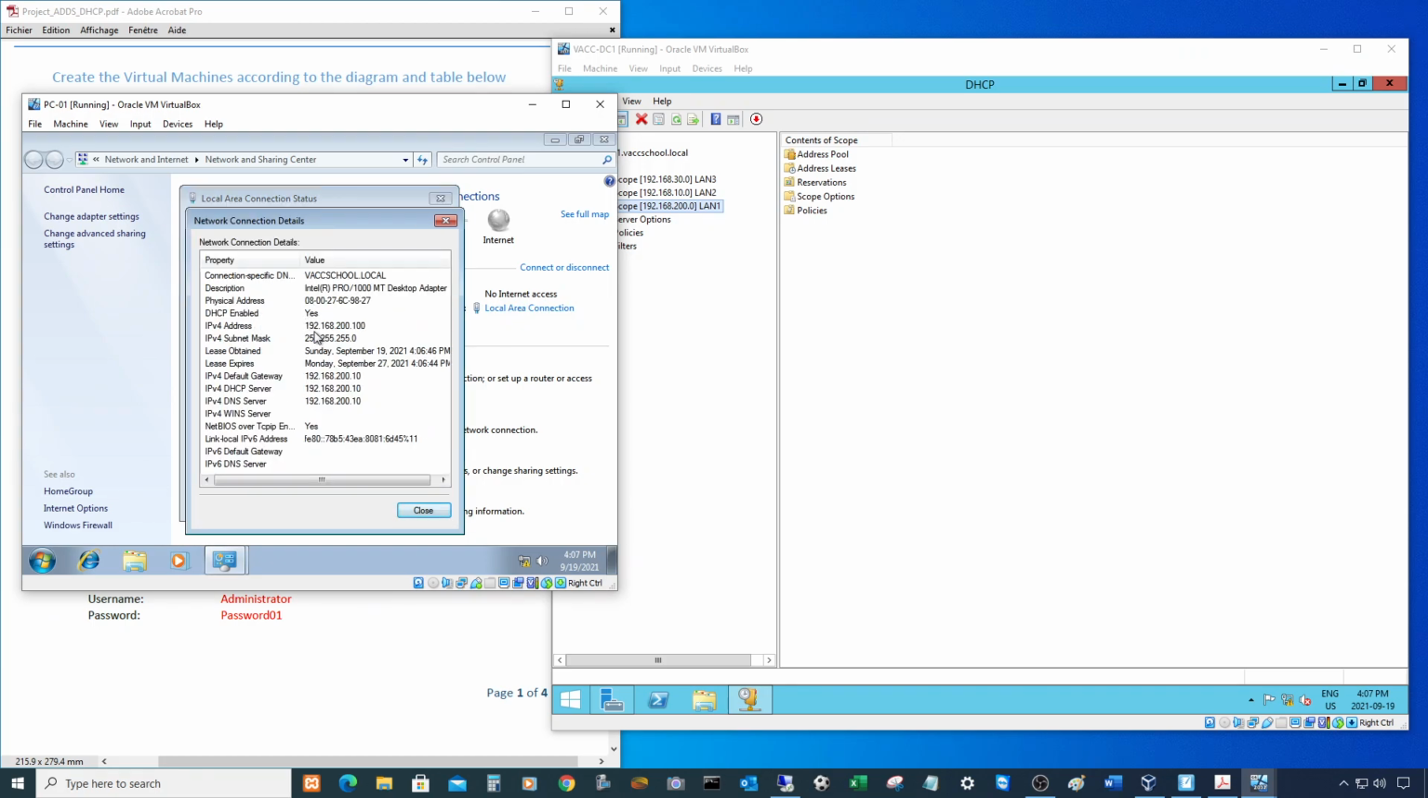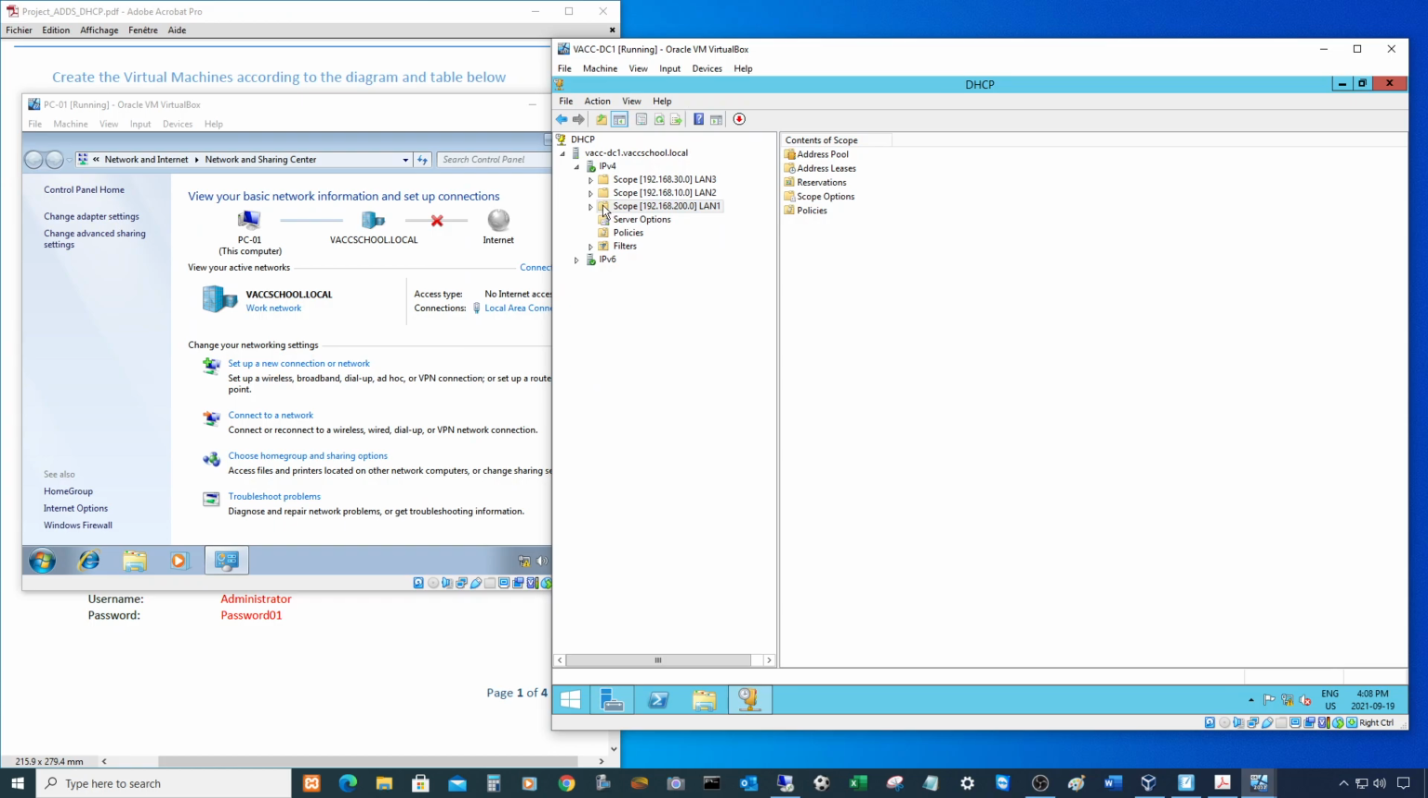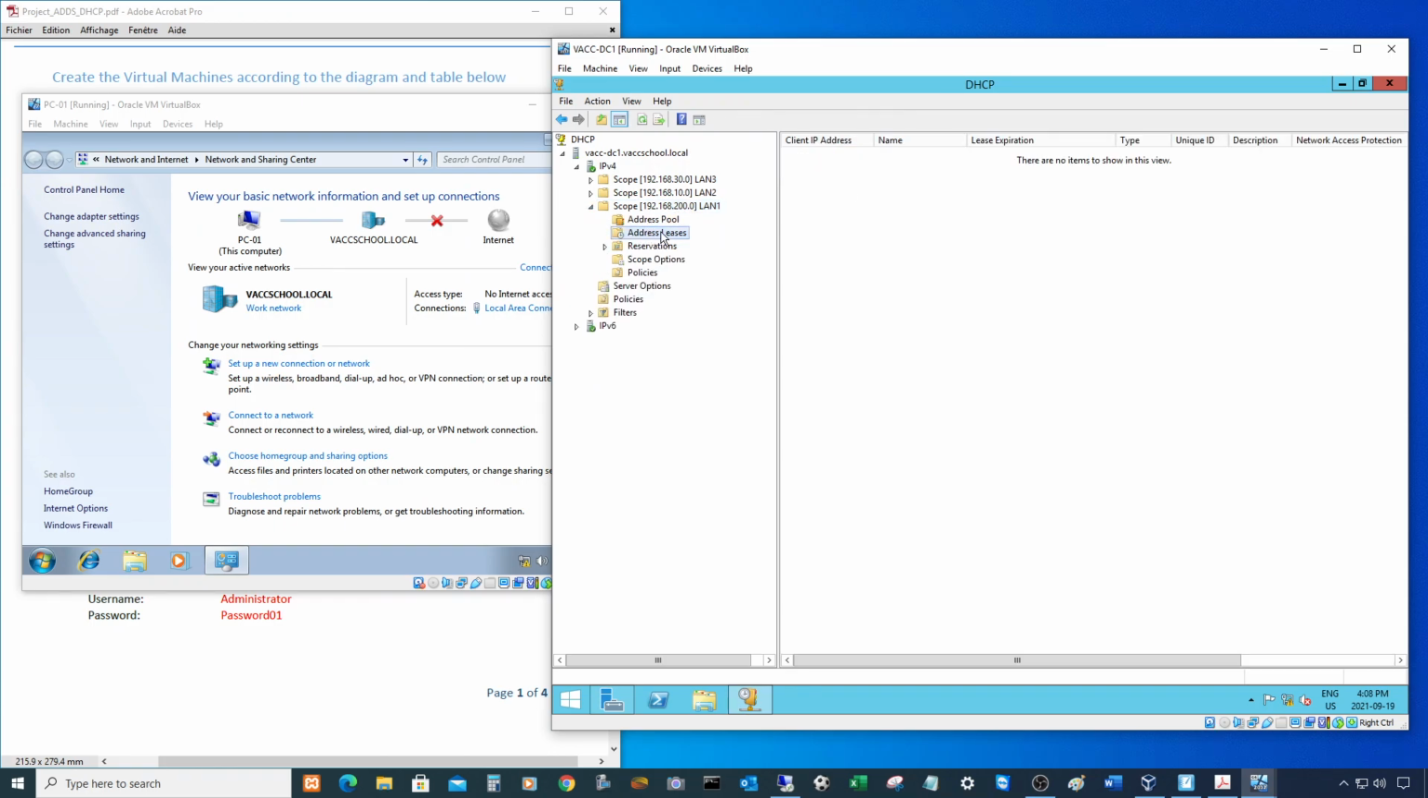So it got the IP address 192.168.200.100, the subnet mask, the default gateway, DHCP server, DNS, so all the parameters that we set already. Okay. If I check here my scope for LAN 1, in the address leases, I don't see anything, but I click on refresh. It refreshed it, and now I see that my PC-01 has got